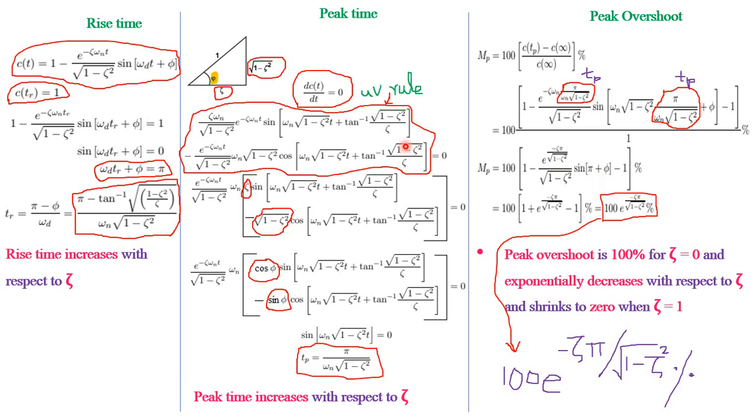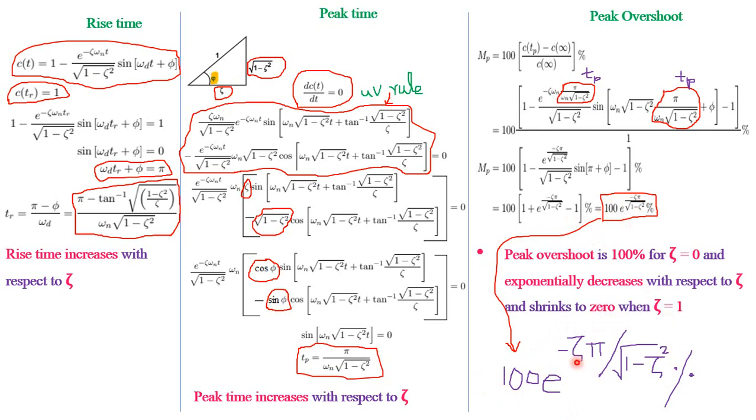What is sin phi? Root of 1 minus zeta square. So already there is root of 1 minus zeta square, that will cancel with this root of 1 minus zeta square. Minus of minus plus. Therefore 1 plus e power minus zeta pi by root of 1 minus zeta square, minus 1. So 1 minus 1 they cancel each other. So 100 into this, that is what is written clearly, 100 into e to the power minus zeta pi by root of